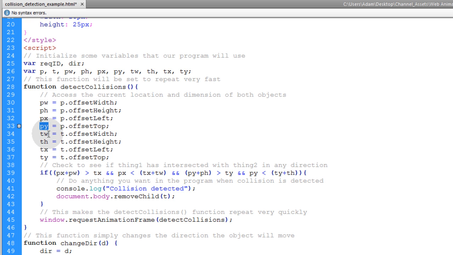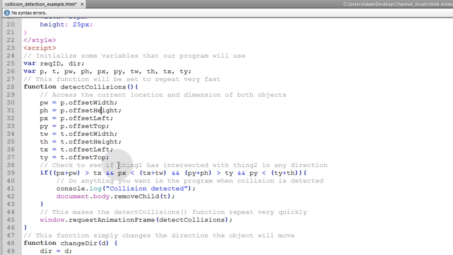Then we're going to get thing1's width, height, X, and Y positions using all of these properties in JavaScript: offsetWidth, offsetHeight, offsetLeft, and offsetTop. That lets you know where it is on the screen and how big it is. Then once you know how big the object is, or both objects are, and where they are on the screen,